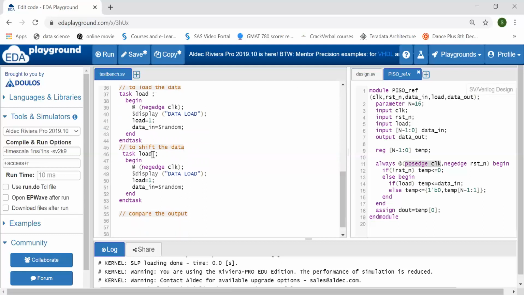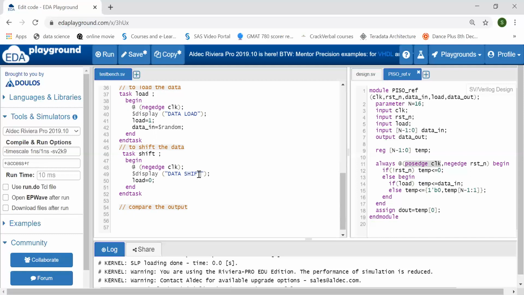So now here I can write task shift. Shift @(negedge of clock), I am making my load signal equal to 0. Here I don't need any data in. I can write data is shifting. So now here it should remain for 4 clock edges.